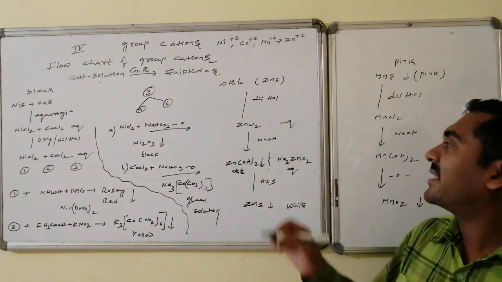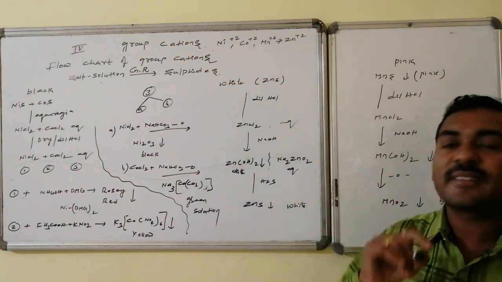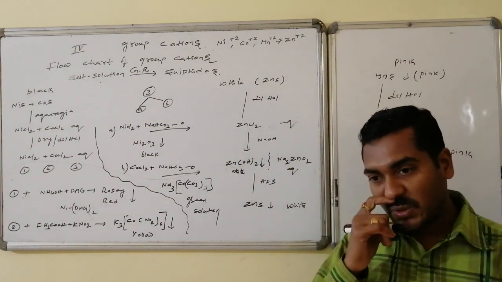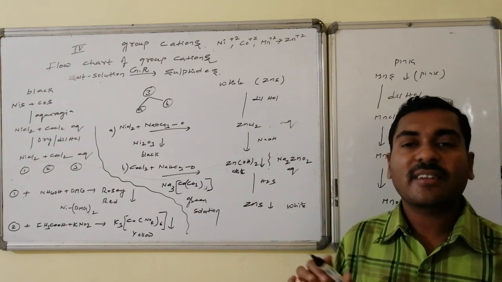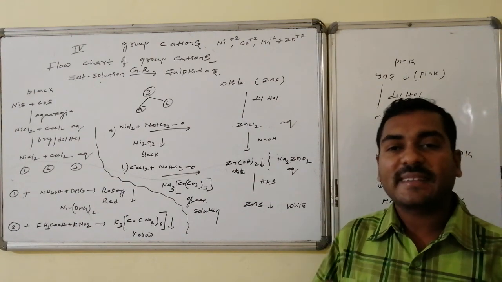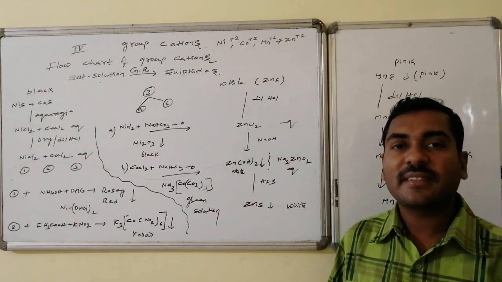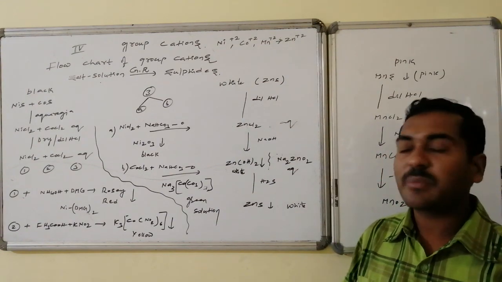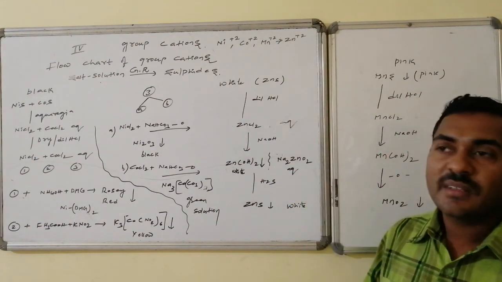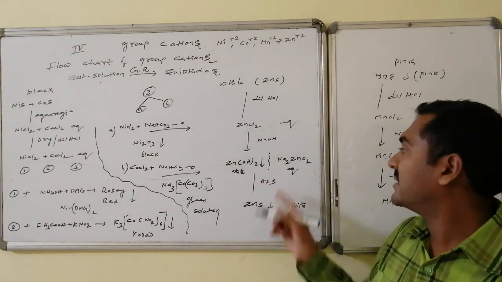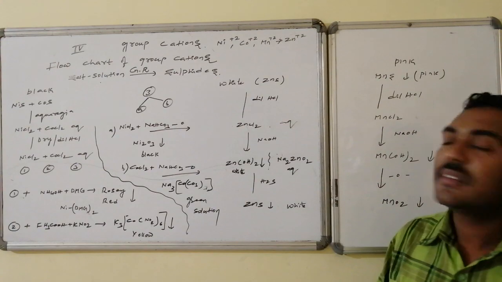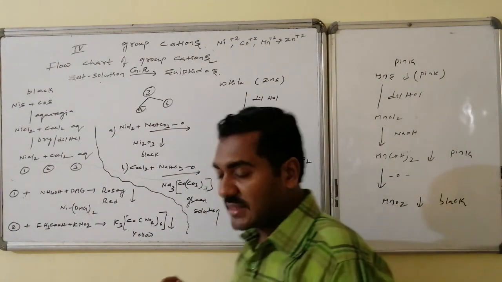This zinc chloride is aqueous, not a precipitate. There also we correct it. This on reaction with sodium hydroxide forms, in the beginning, a precipitate, zinc hydroxide, but if we add an excess amount of sodium hydroxide, then that dissolves in it and forms sodium zincate. That sodium zincate on reaction with H2S gas sent from the outside forms zinc sulfide, which once again has a white color of precipitate. Thus you confirm the zinc.